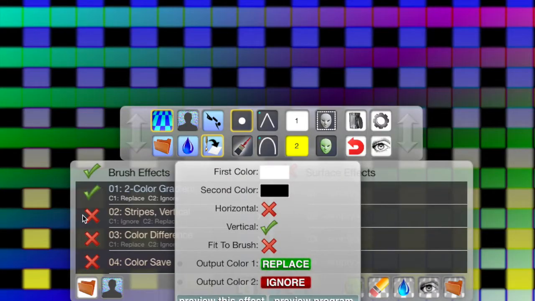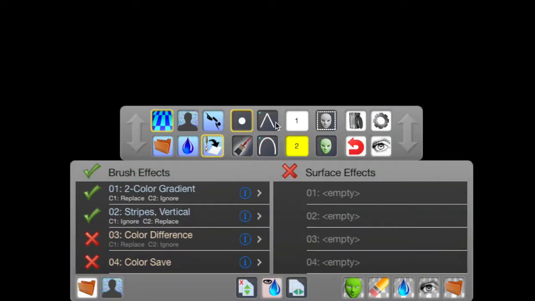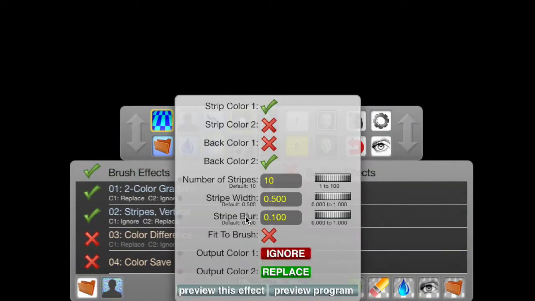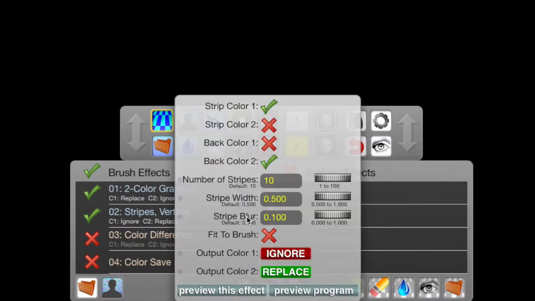Now what we want to do is somehow introduce our stripes. So we're going to do vertical stripes first. Let's go ahead and clear our screen. And we can take a look at this. You'll see that we're taking our stripe color from 1, our back color from color 2. And we should probably go in and set our back color. We'll leave it the way it is. And we're outputting the result